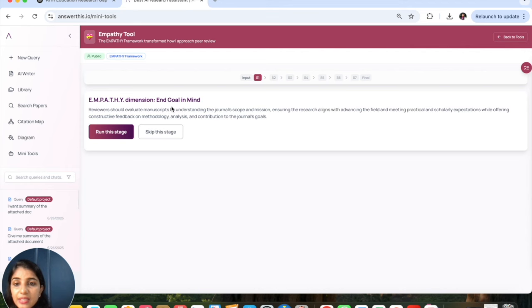In this stage, they keep the end goal in mind. So they should evaluate manuscripts by understanding the journal scope, mission, ensuring the research aligns with advancing the field and meeting practical and scholarly expectations, and etc. If you want, you can skip this stage, but I want to keep this. So I will click on run, and after running, it will give you a detailed